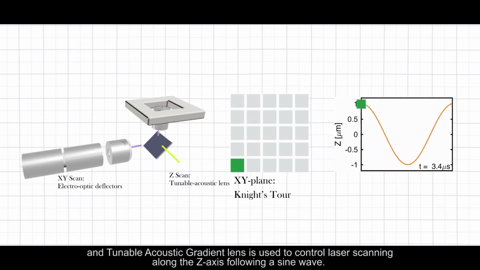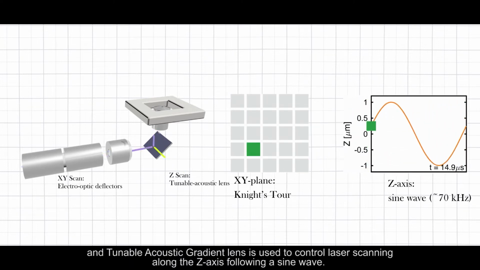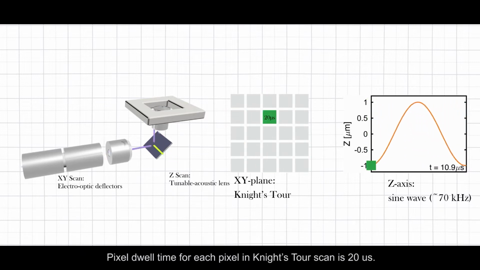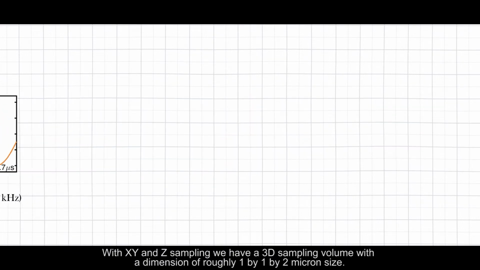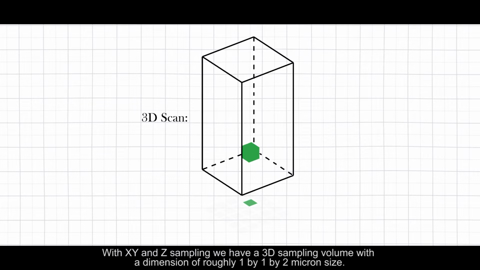A tunable acoustic gradient lens is used to control laser scanning along the Z-axis following a sine wave. Pixel dwell time for each pixel in the Knight's Tour scan is 20 microseconds. So the scanning frequency in the XY plane is 2 kHz and the scanning frequency along Z is 70 kHz. With X, Y and Z sampling we have a 3D sampling volume with a dimension of roughly 1 by 1